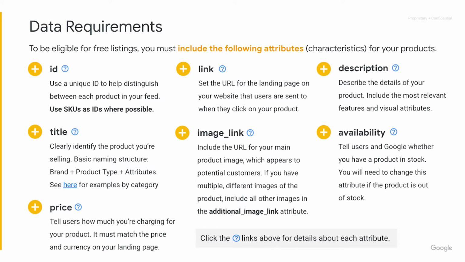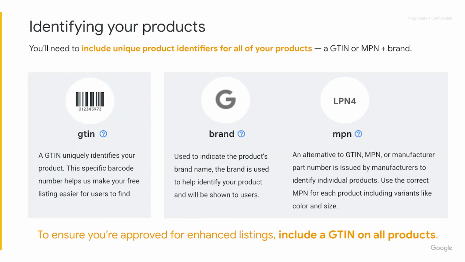Let's look at the product identifier because it's very important for us to actually give a better experience for our users. So there are 2 ways you can provide us a unique product identifier, but we very much prefer the first one, which is providing all products with a GTIN. Alternatively, you can also give us a manufacturer part number in combination with the brand name.